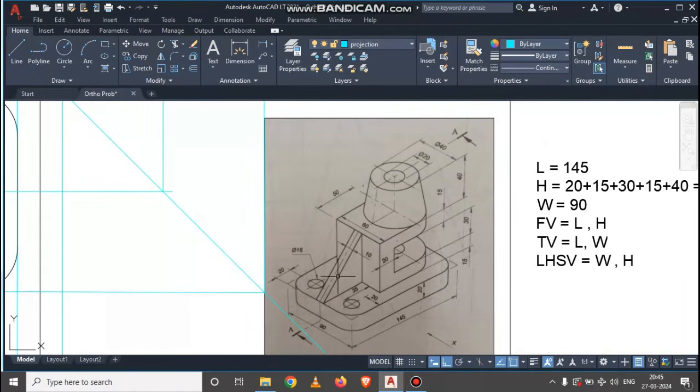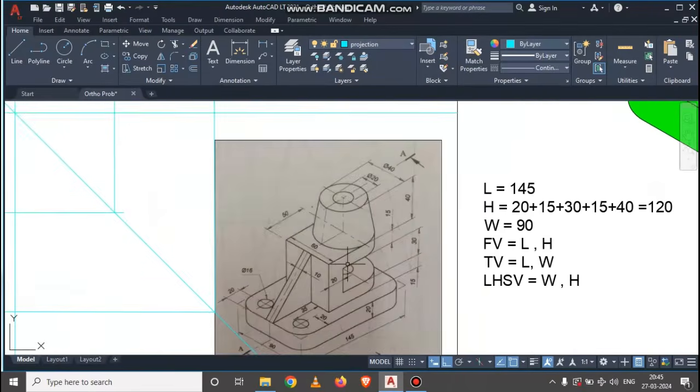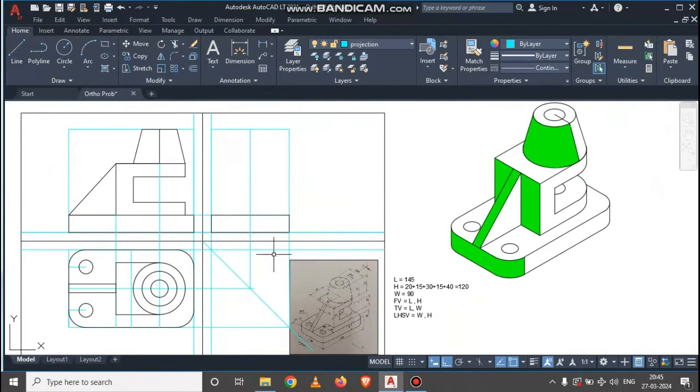And though we have the inclined surface, the total height we can imagine from this point to this point, because these two points are in line with each other. So the same point we can represent for these two, and we can take the total height equal to 60 mm, and the same height we already have in the front view projection over here. Okay, so again I am going to draw a line for this corner point in a side view projection like this. Now I am going to change to the object layer, go with the line command,